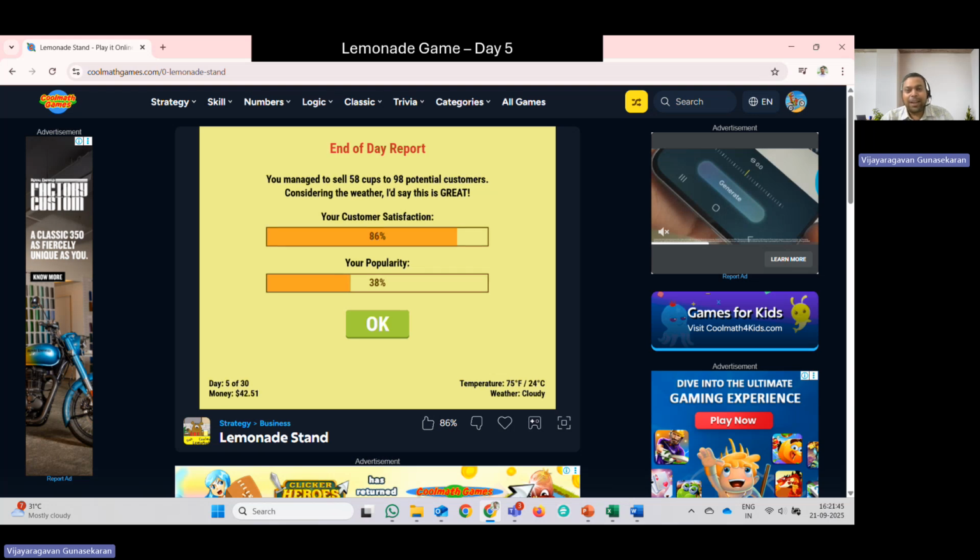Day five, 38 percent, my popularity has increased, and it was a cloudy day. I kept the same 35 cents, so the sale was on the little lower side, but it was quite a better sale. You can consider that of 98 potential customers, I was able to sell 58 cups actually. I was able to maintain a balanced inventory